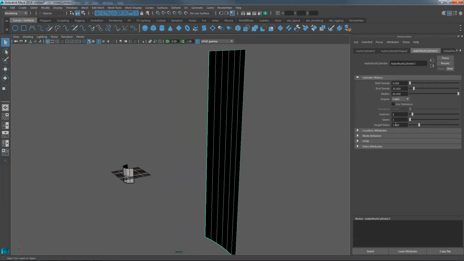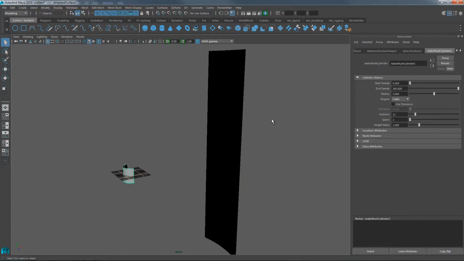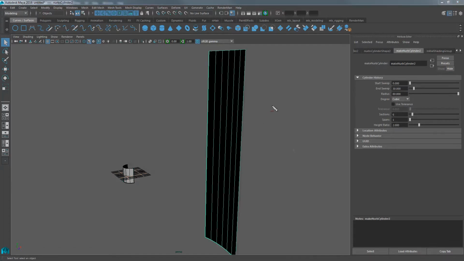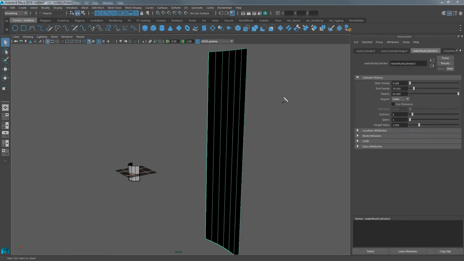Now for the height ratio. It's 160 units tall, 2 times 80 on the radius. I want it to be the same height as the inside. So a little bit of math. That would be 2 divided by 80, or 1 divided by 40, and that will equal 0.025. And if we enter that in,